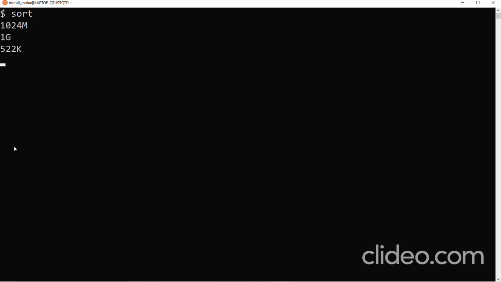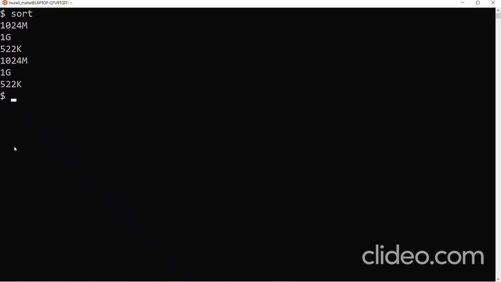Control D. But I want it to display first 522K, then 1024M, then G, that is kilobytes, megabytes, gigabytes. Is there any way of telling sort to sort in that order, wherein it should understand K, M, G and so on? Yes, there is a way of doing that.